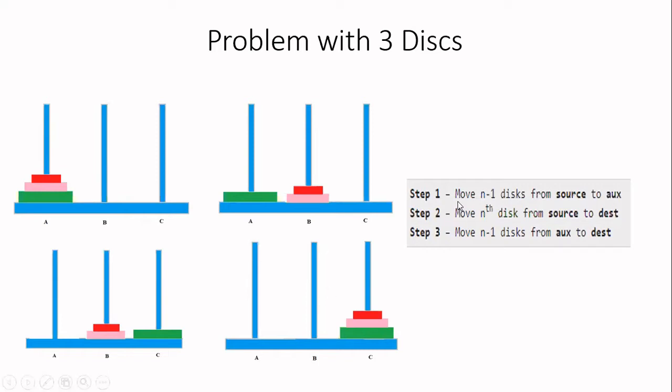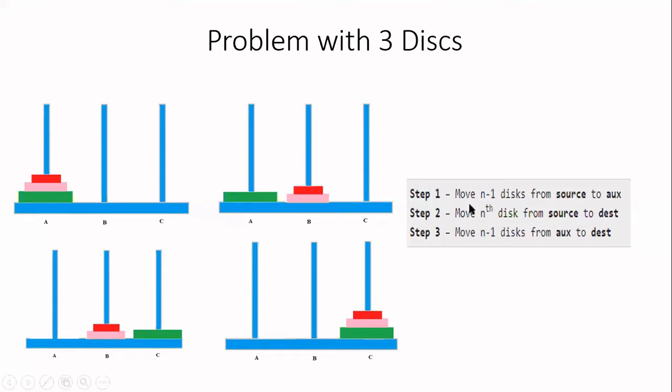In the first step itself, you will call the function recursively because it is not a simple problem. Simple problem means you have to move only 1 disk. But here we are going to move n minus 1 disk. It is not possible in a single move. So you have to recursively call the function again and again. But these are all the 3 basic steps. We will see how it is recursively called in the later slides.